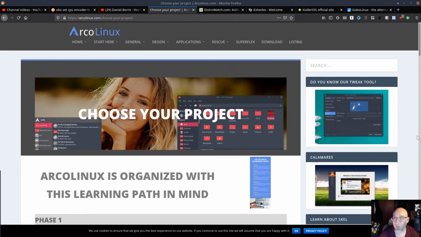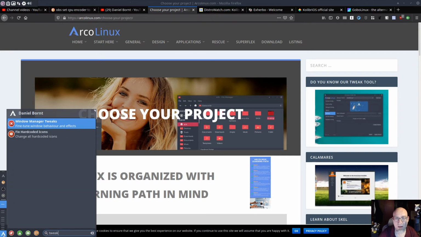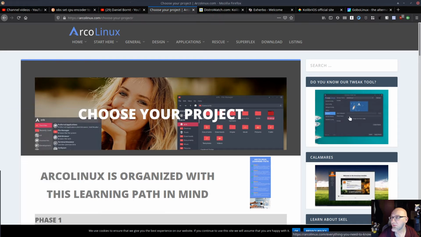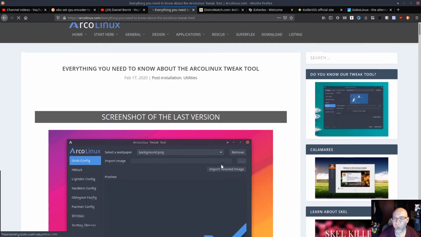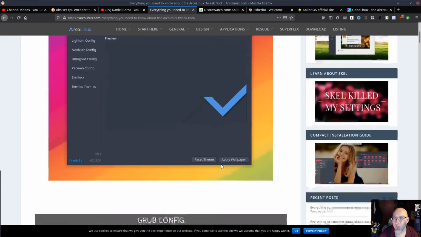They have this new tweak tool, which is really cool. So if I go in here and look for tweak, it should be installed by default. I don't know what they call it. Let's see. ArcoLinux tweak tool.